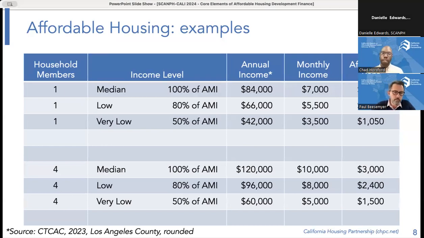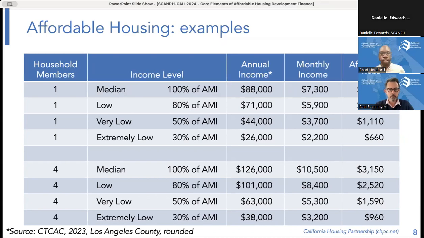If we dive a bit deeper, there's a category called very low income, which are households that make 50% of area median income. So again, going back to this median income concept, so 50% of the $84,000 a year, which works out to $42,000 for a year. And for households who are at the very low income level, an affordable rent to them would be anything up to $1,050 a month. And at that rental level, you really have a small pool of apartments to potentially look at if you're a one-person household.